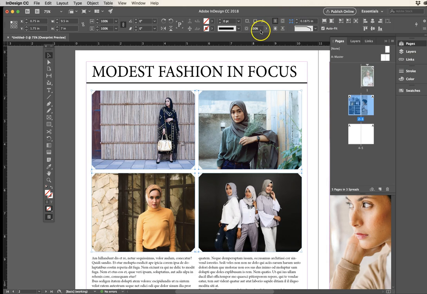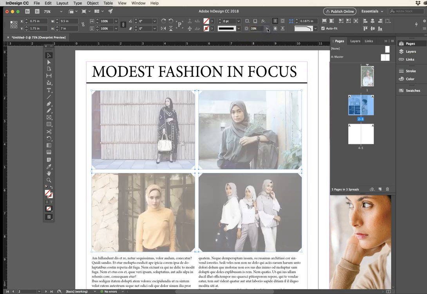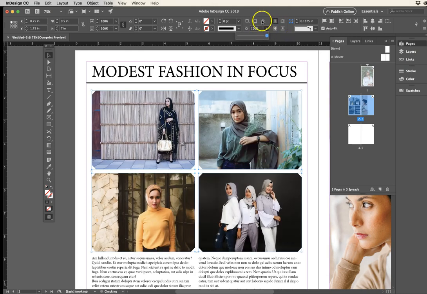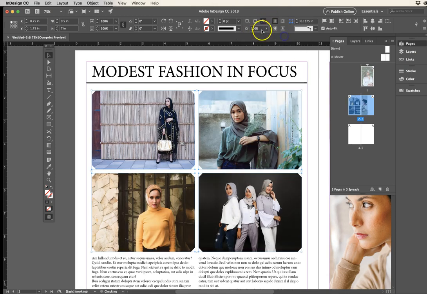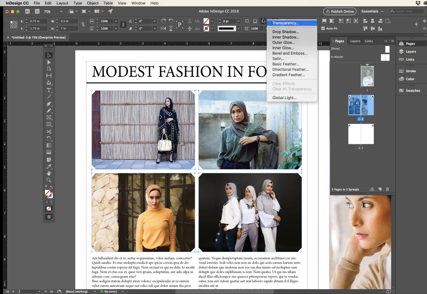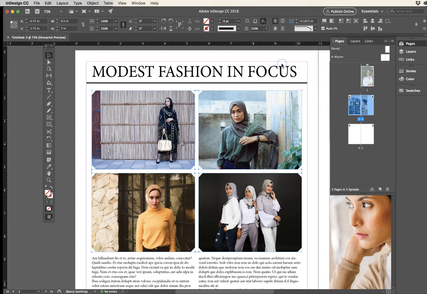Okay, and then I can come over to the next section. That next section, as you saw earlier, that's where I had adjusted the opacity, right? But most importantly, there's also all these really great effects. Having trouble getting this back up to 100. So there's all these great effects which are under the effects panel. Okay, so I can also do some feathering,